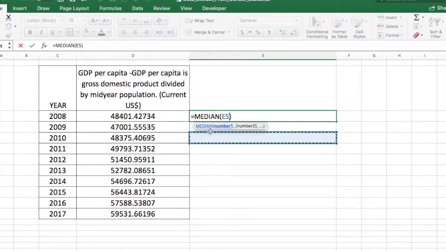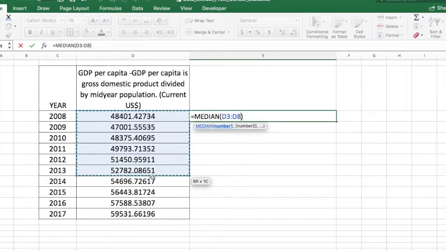So double click on it and a bracket opens up. So inside the bracket, that's where you specify your data range. So in this case, my data set is in cells D3 all the way to D12. So inside my bracket, I'm going to select my data set. So here you can see my function has been set up equal to median, open bracket, D3 up to D12,